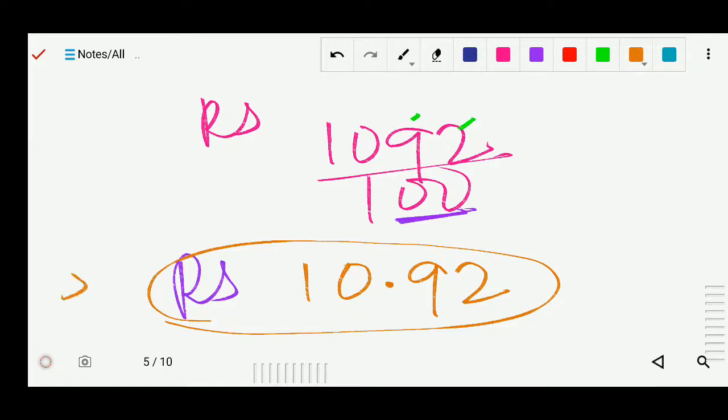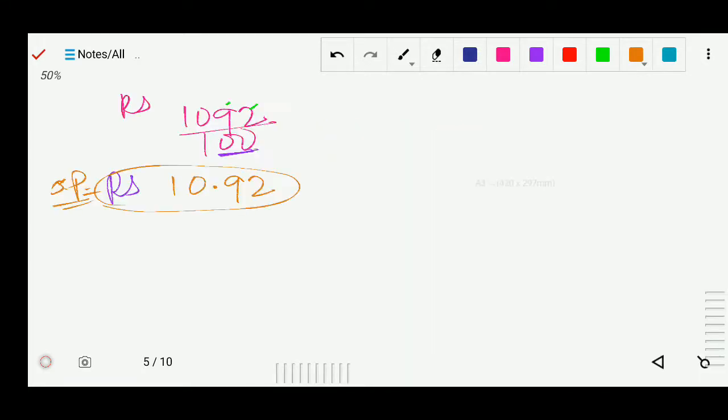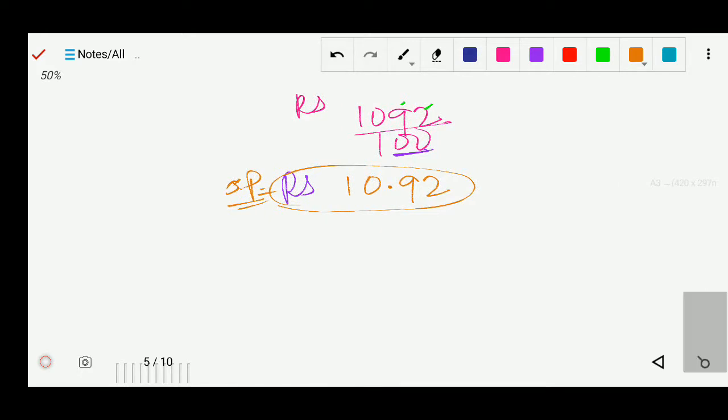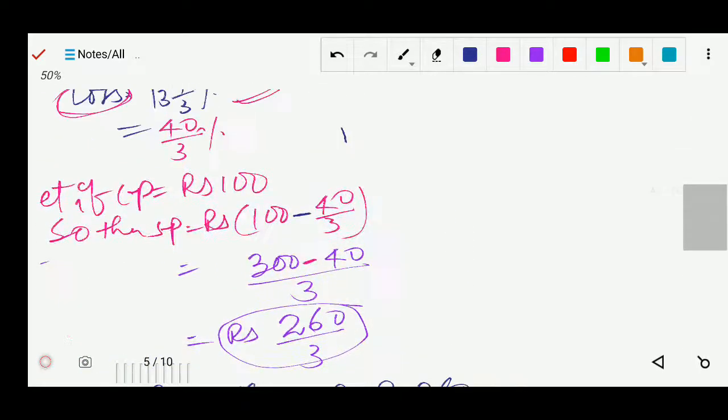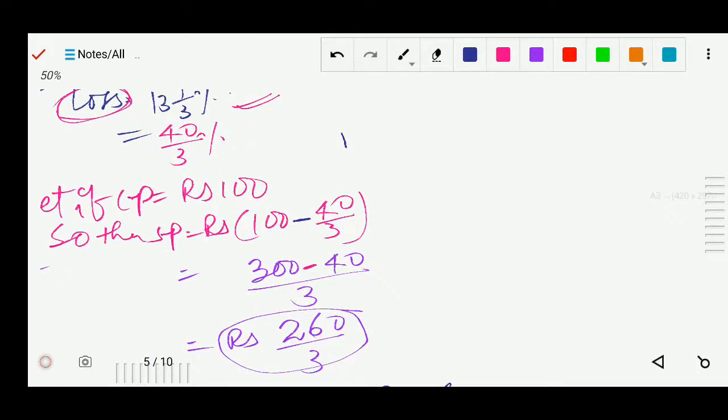So that's the selling price. Okay, we have now the selling price. Got it? The same method we have followed, only the difference here was the loss, so that's why we have subtracted here. If there was profit, then we would add, and if there is loss, then we subtract. आप इसको फार्मूला वाले मेथड से ही बना सकते हो.